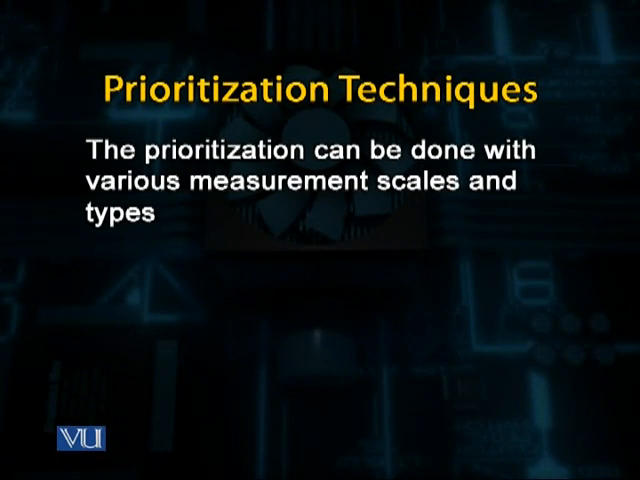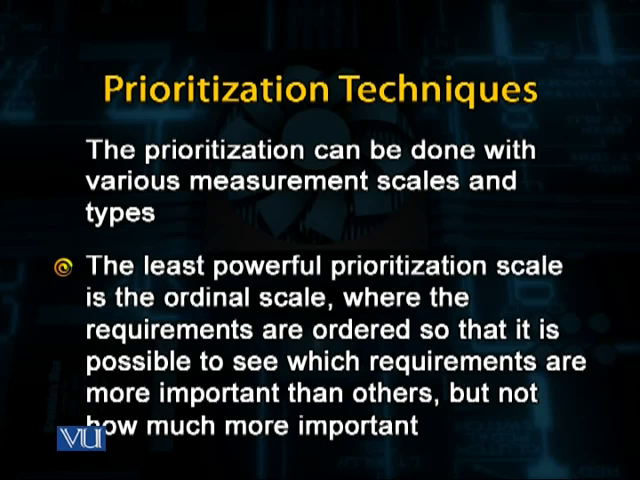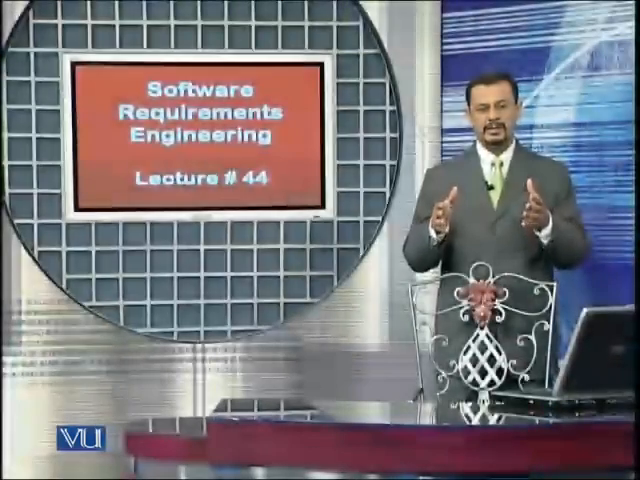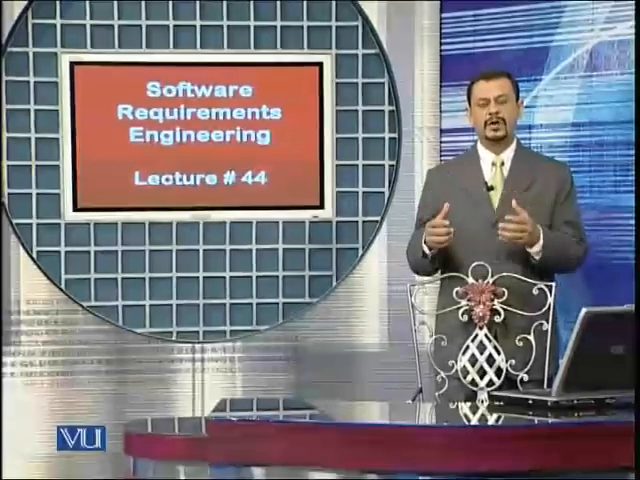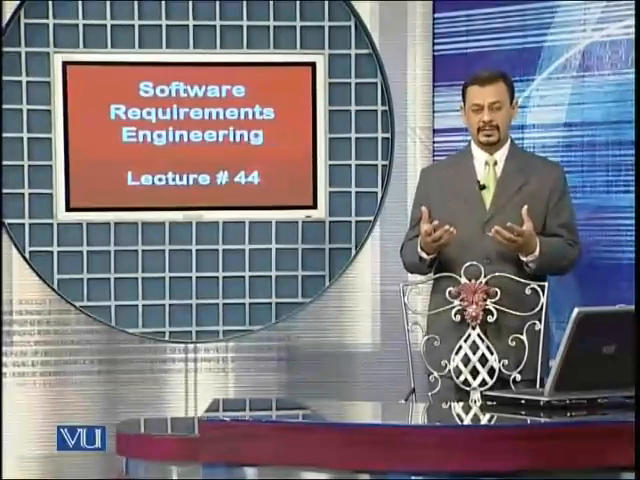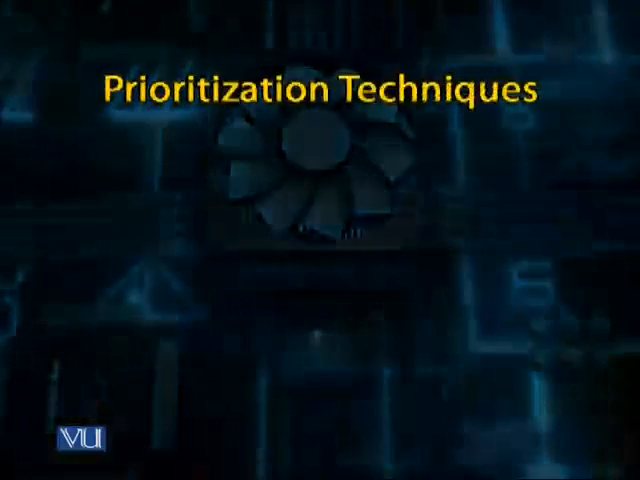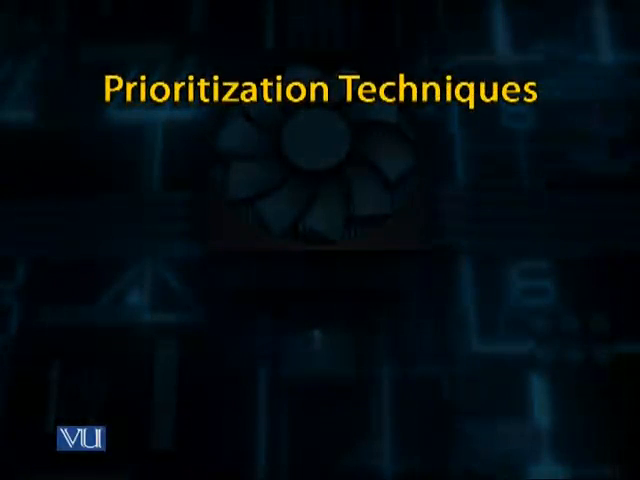Prioritization can be done with various measurement scales and types. The least powerful prioritization scale is the ordinal scale, where the requirements are ordered so that it is possible to see which requirements are more important than others, but not how much more important. ہمیں یہ تو پتہ لگ سکتا ہے کہ بعض ریکوائرمنٹس بعض دوسری ریکوائرمنٹس سے زیادہ اہم ہیں، لیکن ہمیں یہ نہیں پتہ لگ سکتا کہ کتنی زیادہ اہم ہے، یعنی کہ ان کی جو ریلیٹیو ویلیو یا ریلیٹیو امپورٹنس ہے اس کے بارے میں کوئی ڈسکشن یا کوئی انفارمیشن ہمیں اس اسکیل سے نہیں ملتی۔